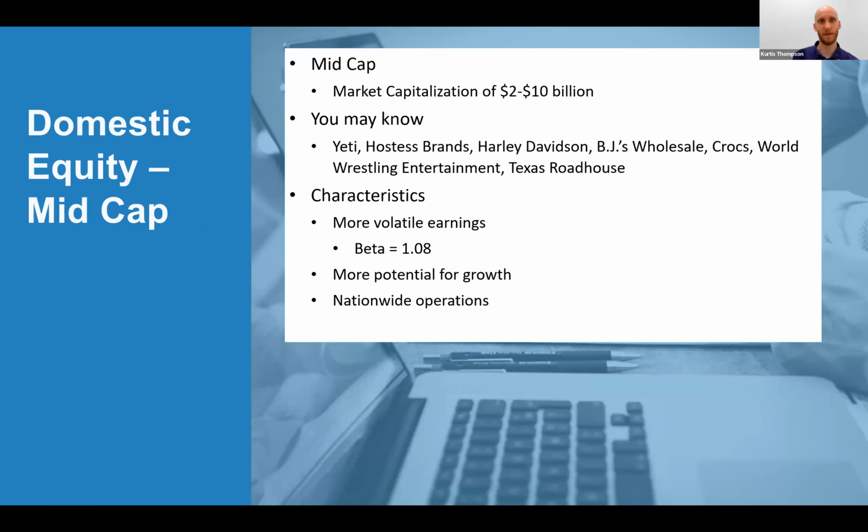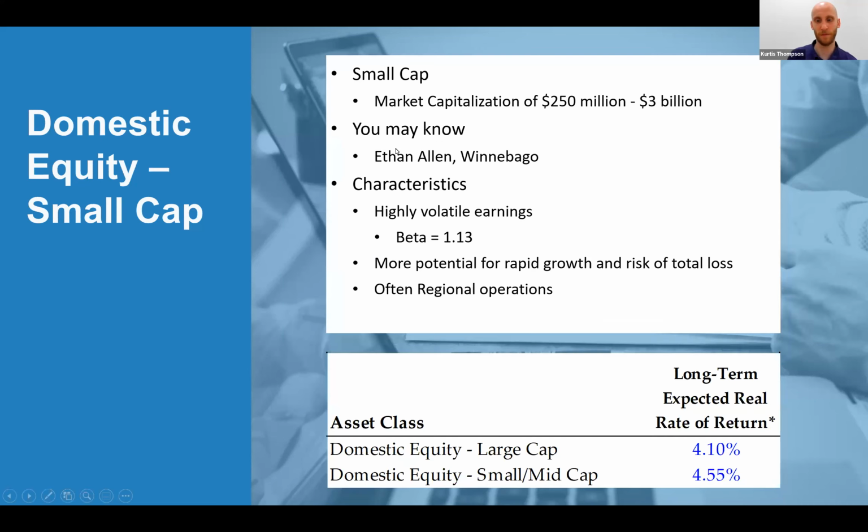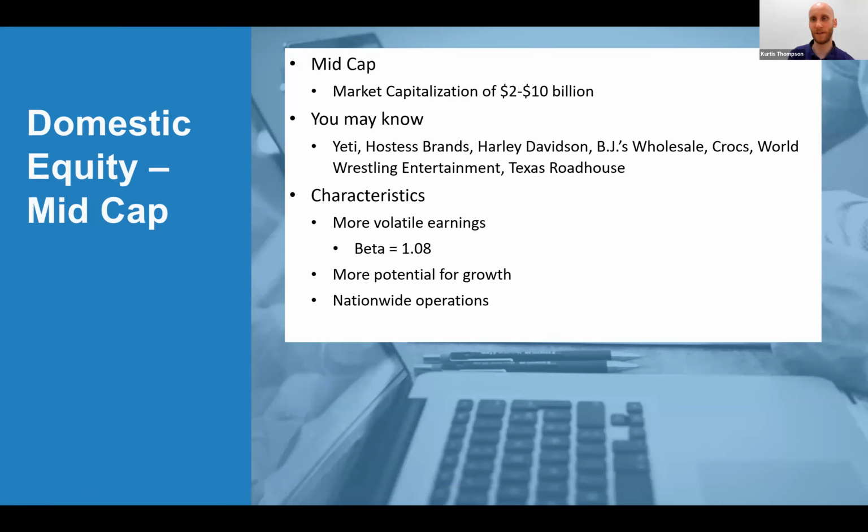Then we move to mid cap stocks. What you're going to see is the market capitalization on mid cap stocks is a little bit lower. The market cap is between $2 and $10 billion. And again, those numbers are variable. You might talk to one asset advisor and they'll say that it goes up to $20 billion, and you might talk to another who says, I like more like $7 or $8 billion. The numbers themselves aren't set in stone, but the idea is these companies are large companies, but they're not these huge mega companies like the large cap stocks are, but a lot of them can still tend to